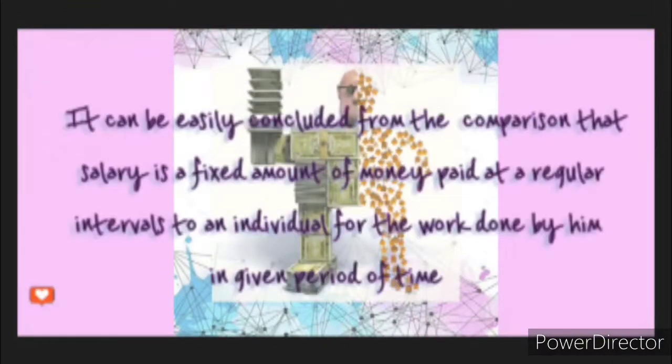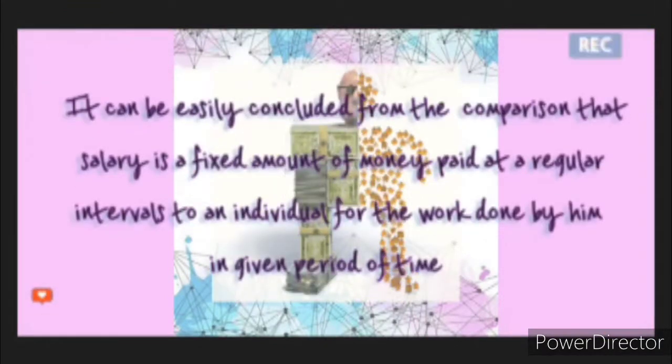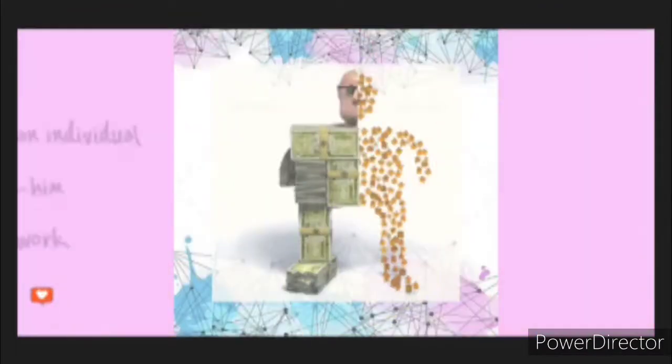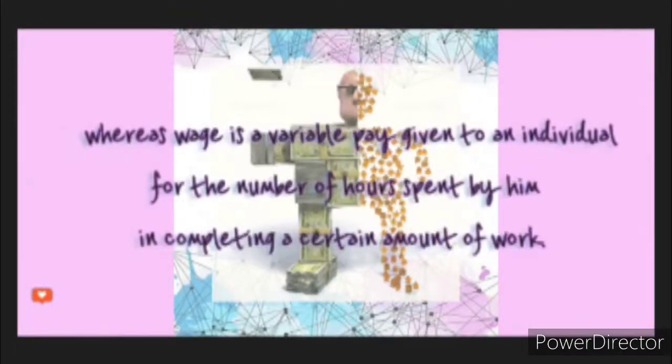It can be easily concluded from the above comparison that a salary is a fixed amount of money paid at regular intervals to an individual for the work done by him in a given period of time, whereas wage is a variable pay given to an individual for the number of hours spent by him in completing a certain amount of work. But what if your employee